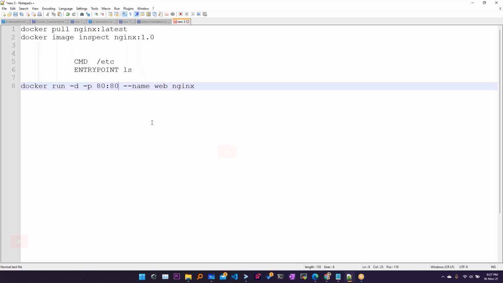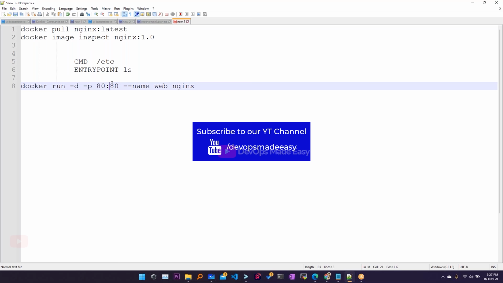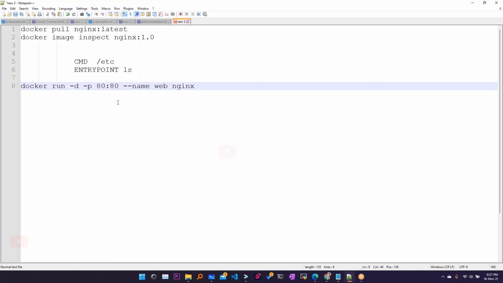So what is the first 80? The first 80 will be the Nginx container port. The next one is what we can access. Suppose we need to change that port to some other custom port, we can access it. Is it correct? Maninder, your version of the answer. I think the first 80 is the default one, and the next one you can change to 50.